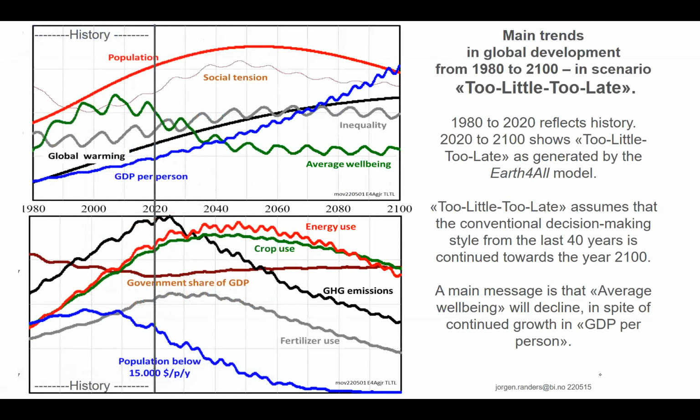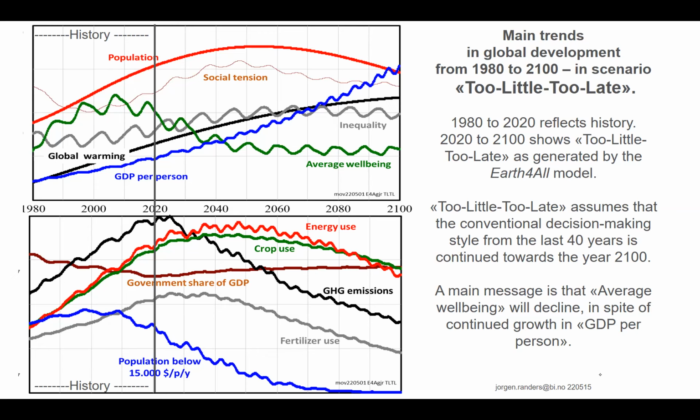In sum, when you then want to present the total result, there are, of course, a couple of hundred variables in the system, so it gets very messy. Here you have at the top the 6 variables that I indicated initially: the population, the growing GDP, the global warming, the inequality, the average well-being, and the social tension. And now you should know a little bit more about how we calculate those variables. At the bottom, there are some other indicators just for your use.